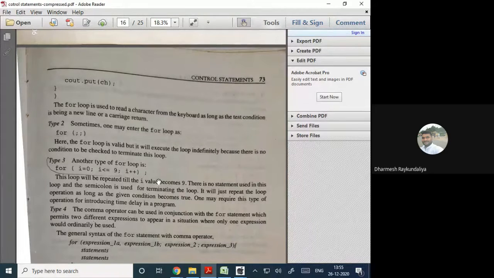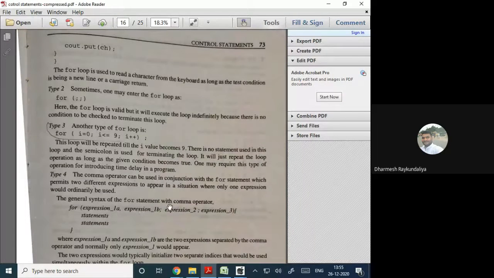For example, आपने ATM machine में you have entered the ATM card and immediately you are not making the transaction. A certain time delay is allowed, suppose 5 seconds, 7 seconds, 10 seconds. And immediately after 10 seconds, it will exit from the transaction. In such a situation, you can use such a time delay program. So this is the use of a for loop.